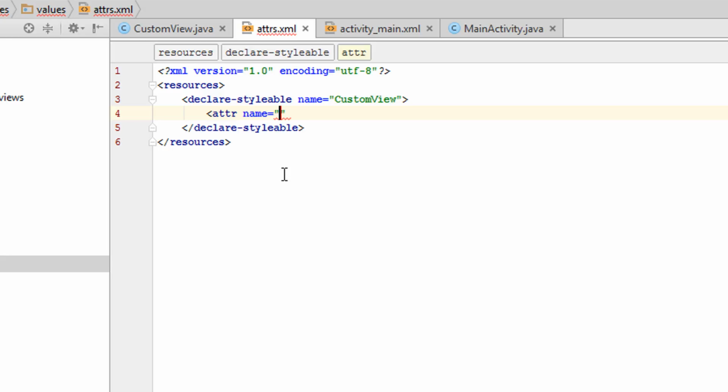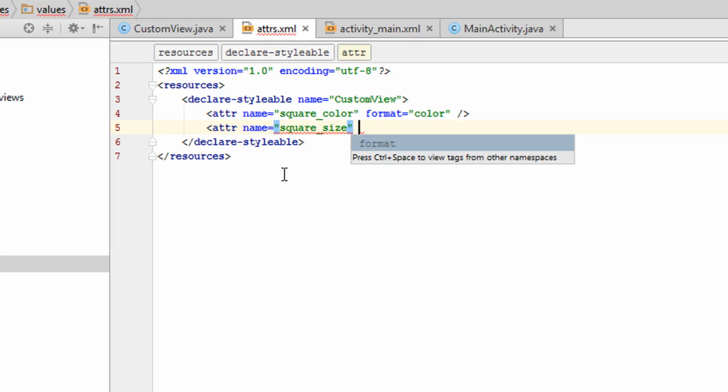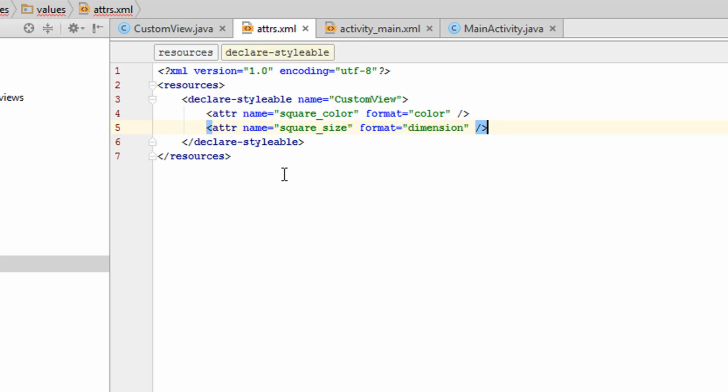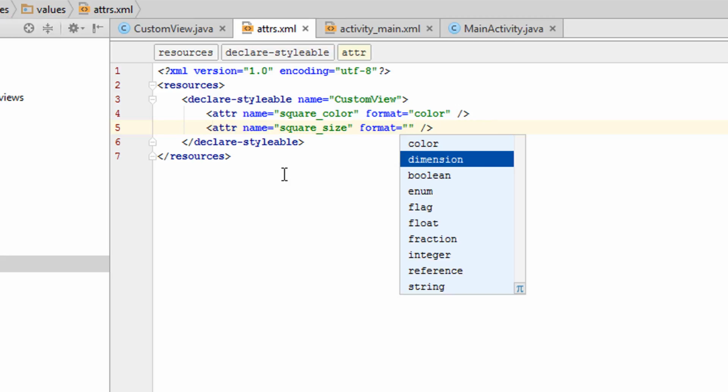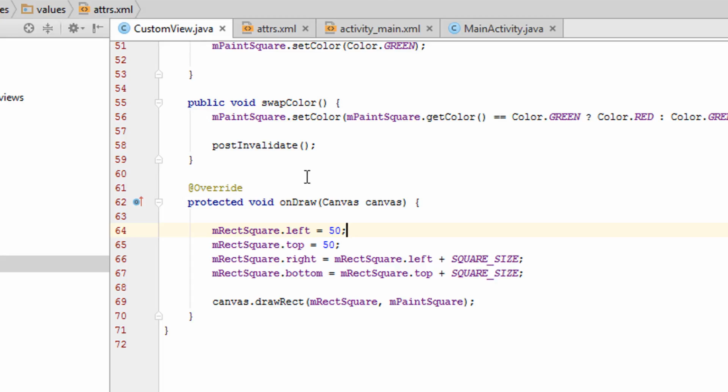And we need to define the attribute names. So we will use a color and a size for our square. That would be squareColor with format of color. And an attribute squareSize with format dimension. As you can see, you can define multiple values here: color, dimension, booleans, enums, flags, float, fractions, etc. So for the size we will use dimension. So the next step is to